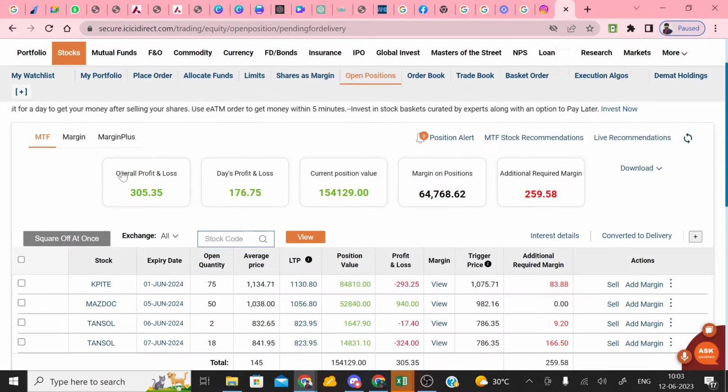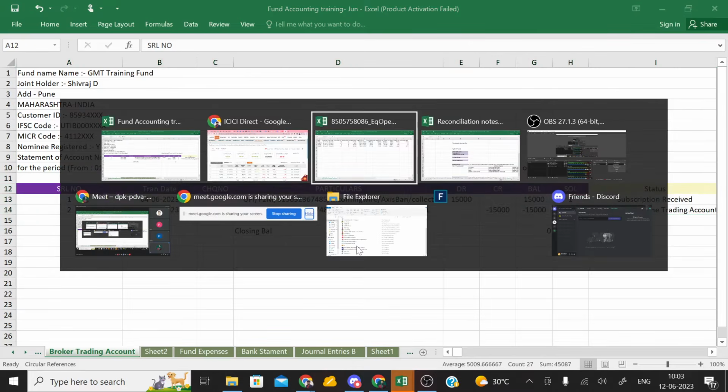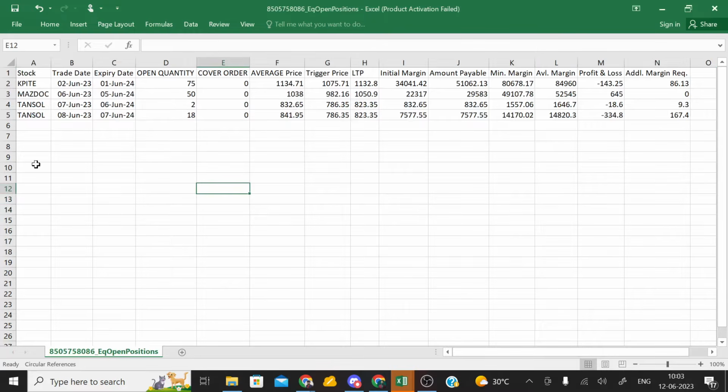They access the accounts in the same way I have accessed the accounts, and after the access, they save the statements in the reconciliation system or in the path of the reconciliation system,